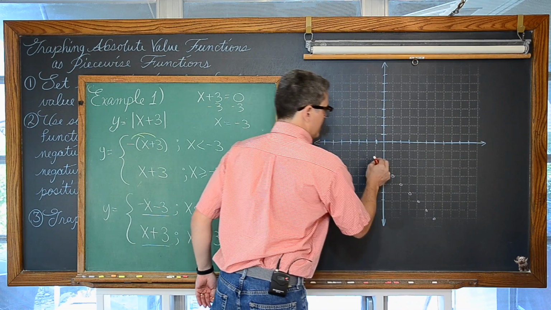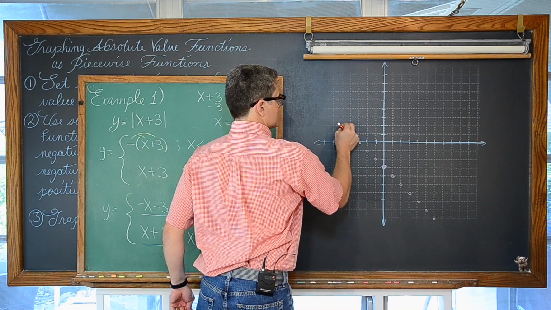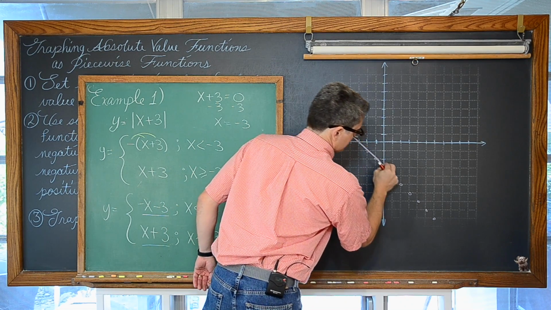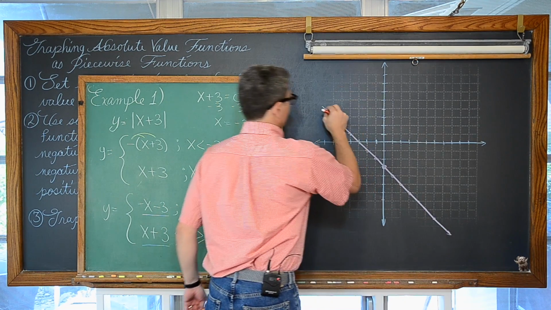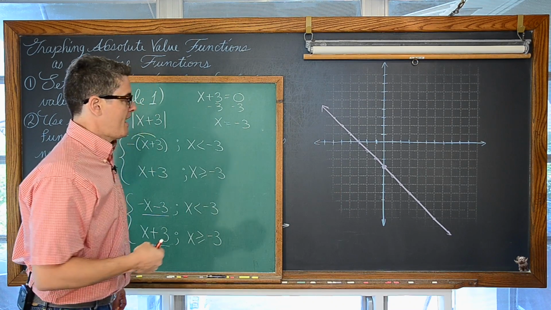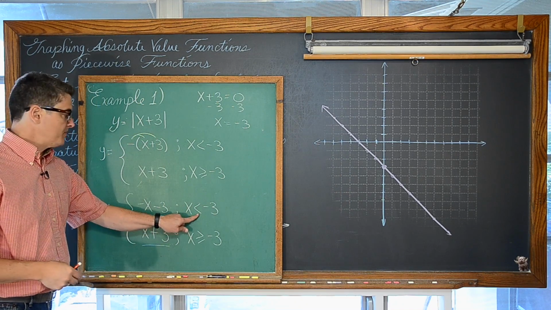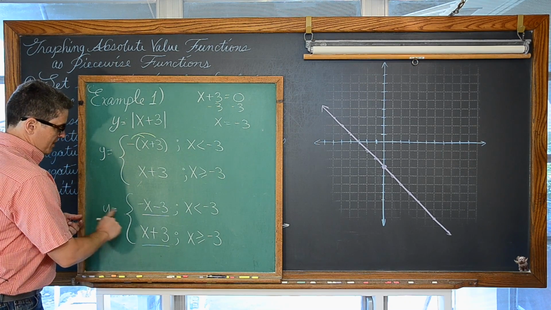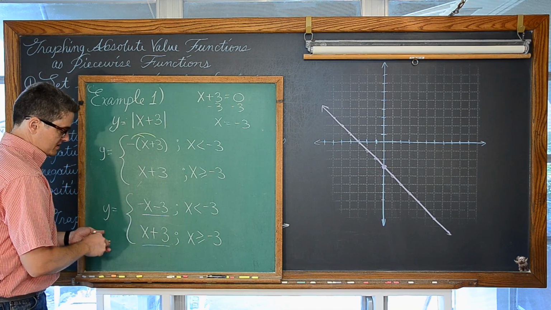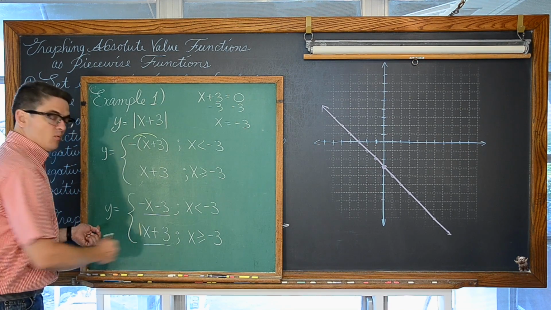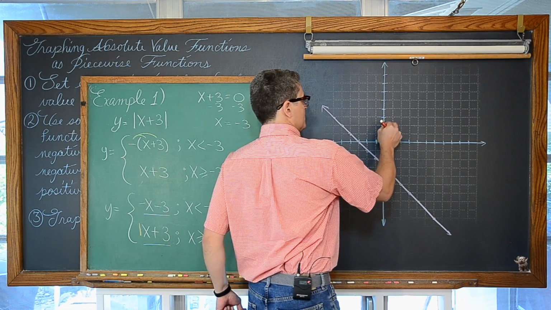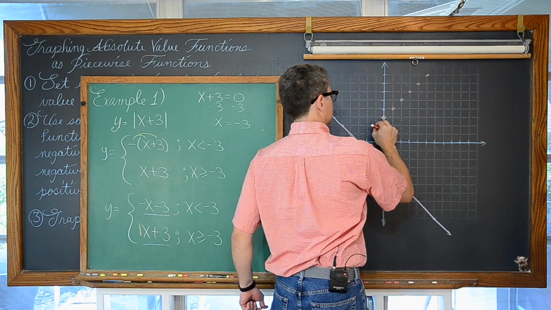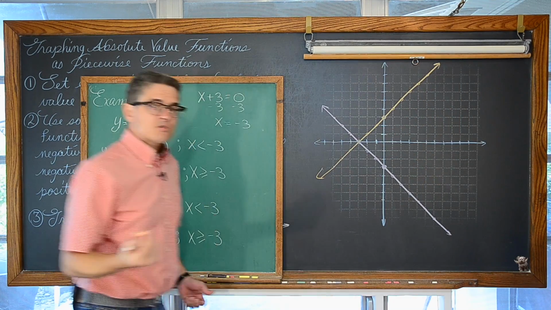Now I'm re-emphasizing here that when you graph piecewise functions, you're just graphing a couple of equations, or maybe 3, well, it could be more as well, but you're graphing multiple equations on the same xy axis. So I know there's a condition here, but we're just graphing y equals negative x minus 3. And now in orange, we're going to graph y is equal to x plus 3. Well, this is a slope of 1 and a y-intercept of 3. So 1, 2, 3 on our y-axis, up 1 over 1, up 1 over 1, so on and so on. And I just graphed two lines.